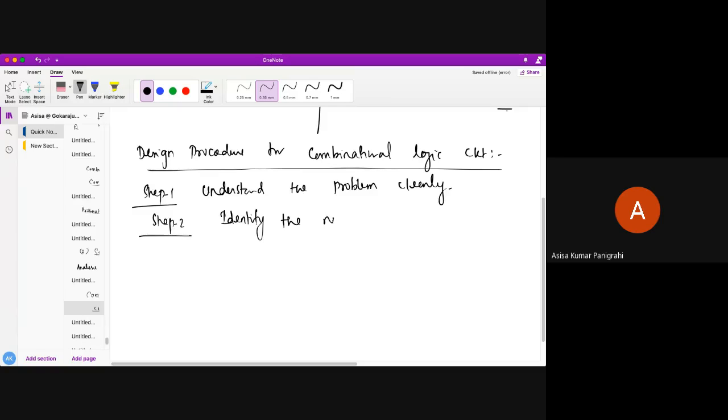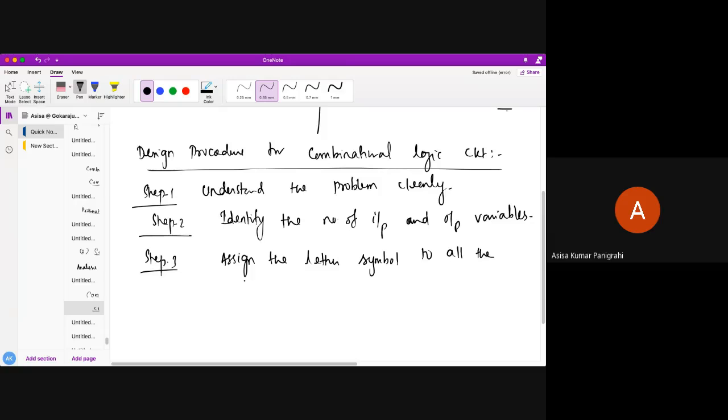Identify the number of input and output variables required for that particular digital circuit to design. Okay, next step three, assign the letter symbols to all the variables.